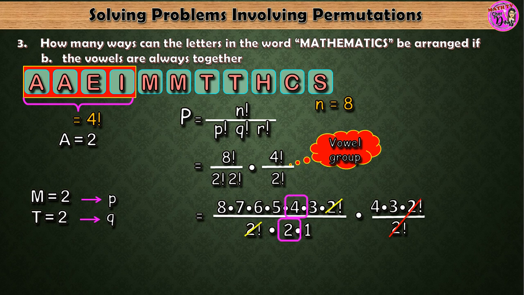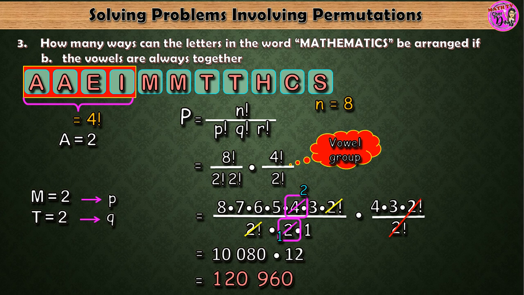4 and 2 share a common factor of 2. 4 divided by 2 is 2 and 2 divided by 2 is 1. Calculating it, 8 times 7 times 6 times 5 times 2 times 3 divided by 1 is equal to 10,080 times 4 times 3 is 12. So we have 10,080 times 12, that is equal to